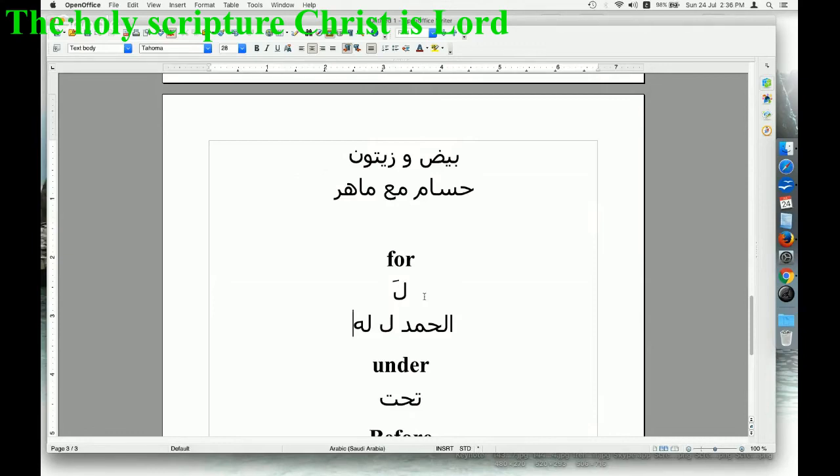All right. So li presents to or for. My thanks for this person or to this person. And maybe more accurate to say, in this case, in this sentence here, it is to. So when you use li, you connect it to something, and this will be a connected letter, not alone. So let us say,